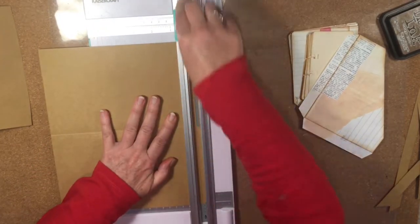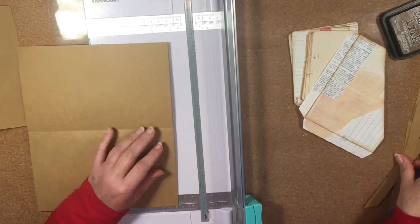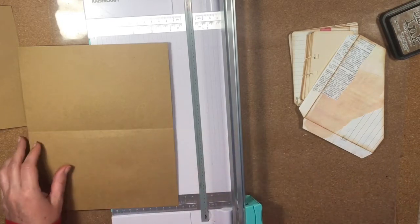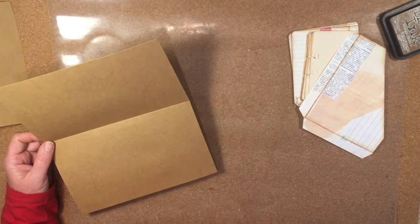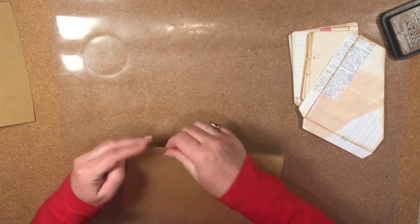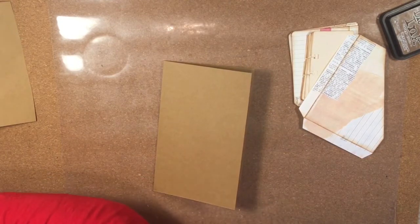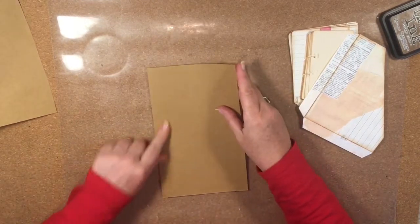You know, or use it as a pocket, all sorts of things. So if I leave those tabs on, it gives you many more options, and it's no work to cut them off. Okay, so we just have a really simple notebook. So normally I would cut out, well, in fact I could go and do that, but let's just fly with this. I would normally cut out my